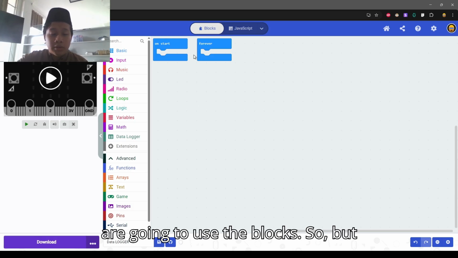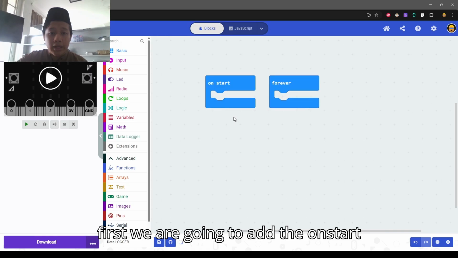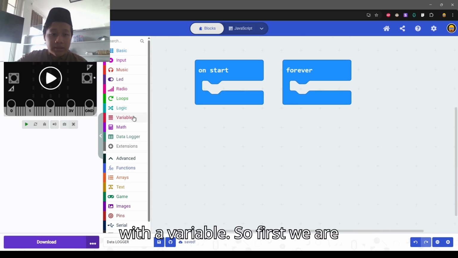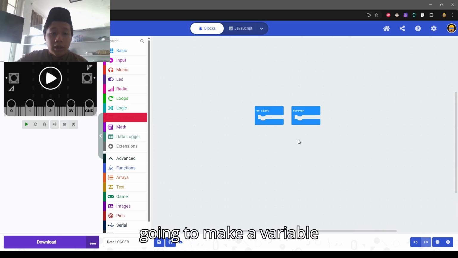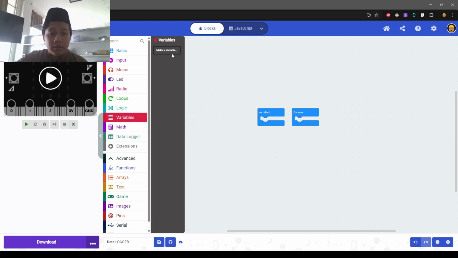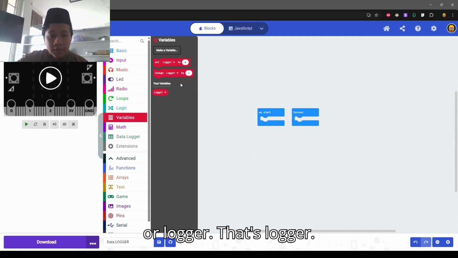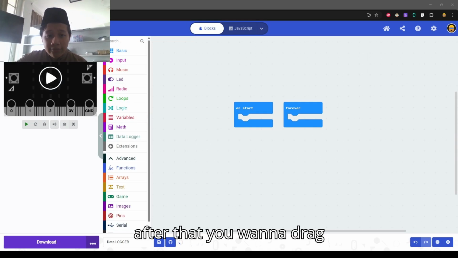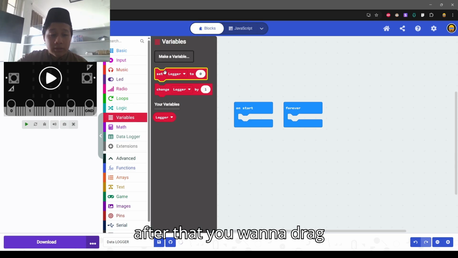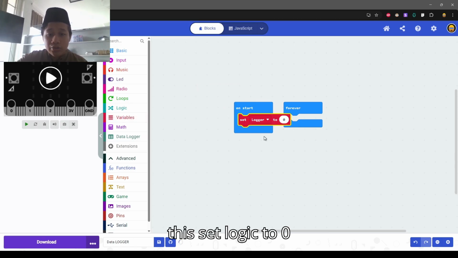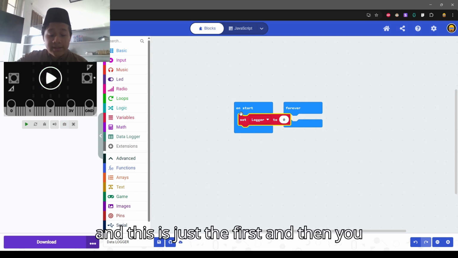So at first we are going to add the on start with a variable. So first we are going to make a variable named logger. After that, set logger to 0, and this is just the first.